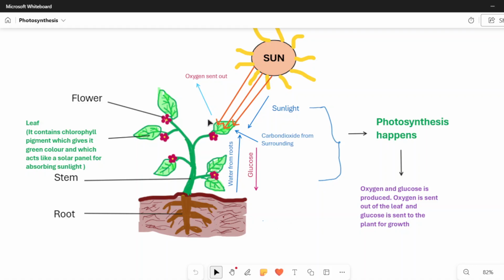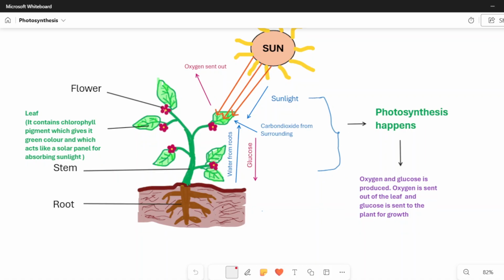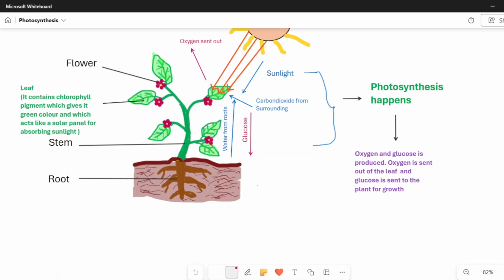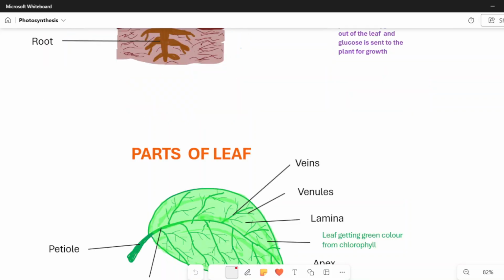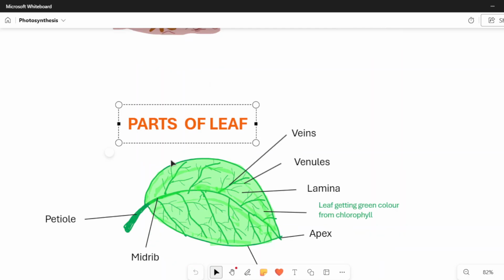Now, what we will do? Let us cut this leaf and we will try going deeper inside the leaf and see where actually this photosynthesis happens. Now, we have taken the leaf. So, if you see the leaf, it has these parts,